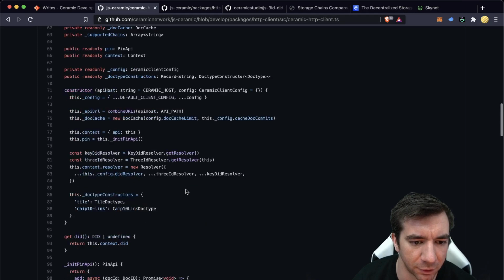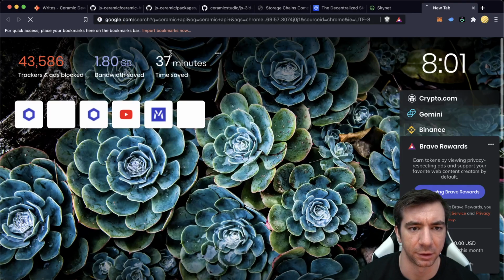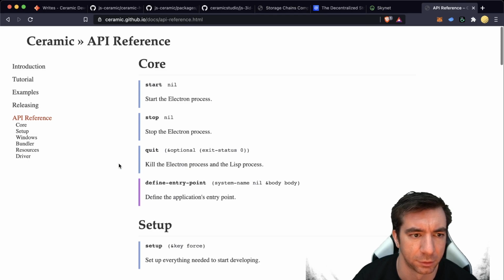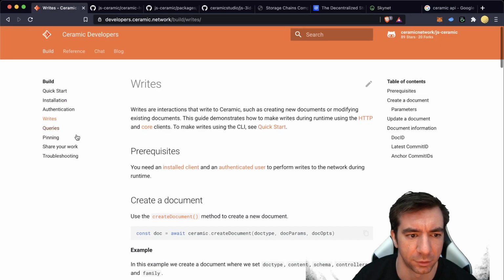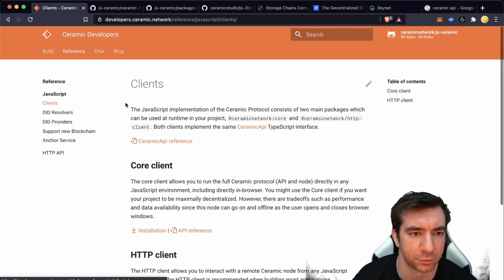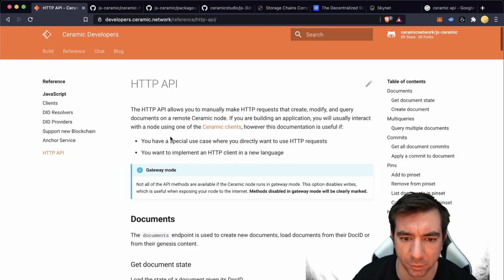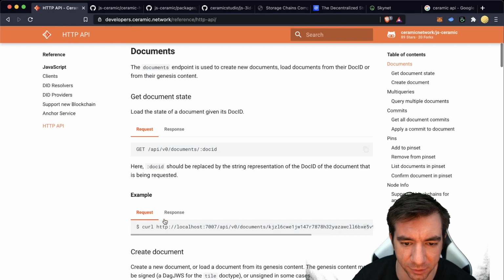So here, does it have a Ceramic API reference? Is there an API reference, HTTP API? Well, just manually make it. I should have just come here first instead of trying to use their stupid SDK. So if I do this,